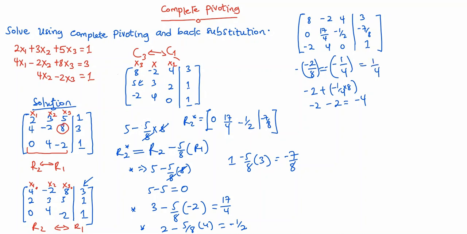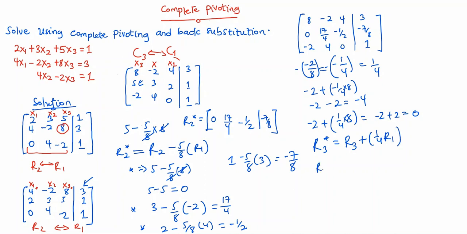So when I try it again, we're going to have minus 2 plus 1 on 4 multiplying what? 8, right? So when I do this, you're going to get minus 2 plus 2, and this will give us 0. So now the factor will be 1 over 4 and not minus 1 over 4. So we are going to have the new row 3 equal to the old row 3 plus 1 over 4 multiplying row 1. This is what you are going to have.